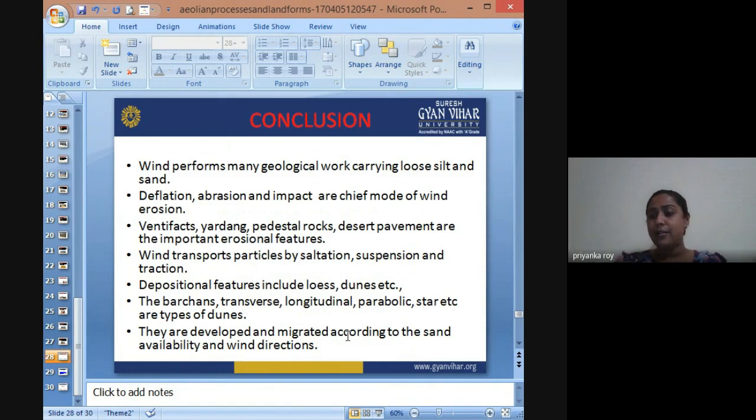So in those regions where precipitation and water are more, you have fluvial land features. Fluvial we have also discussed, the entire course of river flow, where we have different erosional, depositional and transportational activity going on. In the same way, fluvial land processes are for rivers and moving water, and aeolian land features and processes are for wind, blowing winds, and the features that come because of this. So, concluding the session, we have to study both the fluvial land features and the aeolian land features.